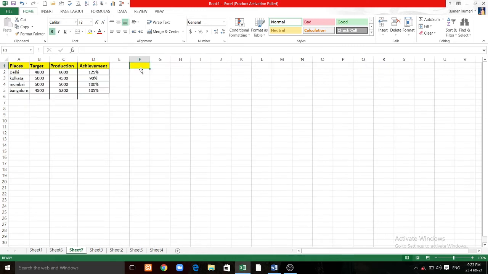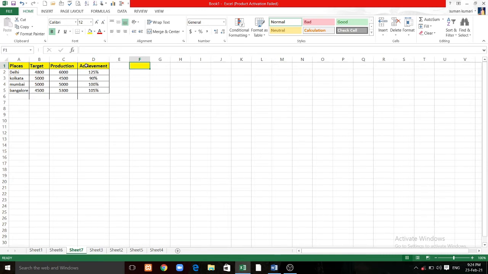So let's move to the nested IF function. Nested IF function is used when we have more than one condition, or multiple conditions. I am using the 2013 version of Excel, that's why I am using nested IF function. Otherwise in the latest versions of Excel like the 2016 version, there is IFS for multiple conditions. So let's take an example.